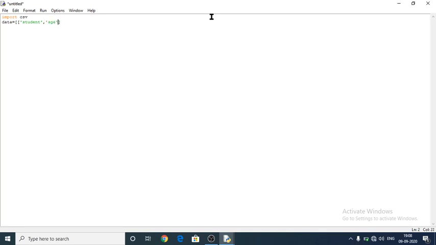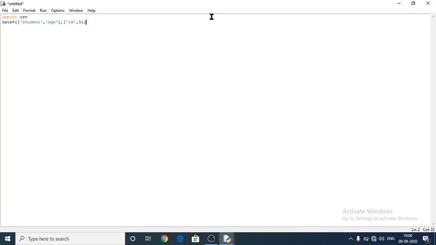Next we have to give the details for the students: RK. Next, age for the student is 31. No need to give the numbers within quotes.